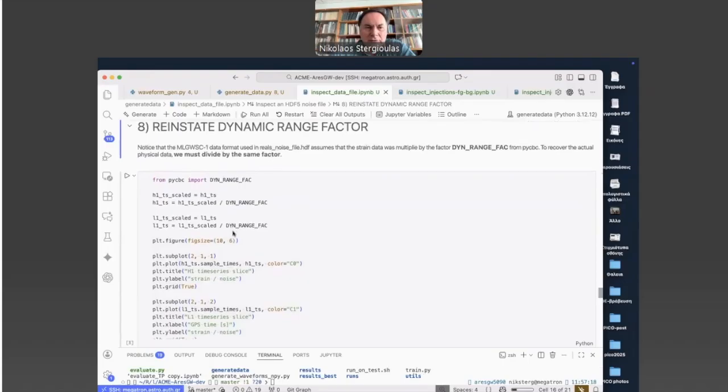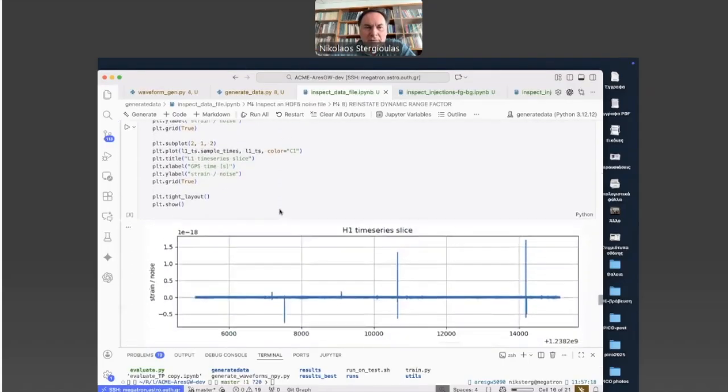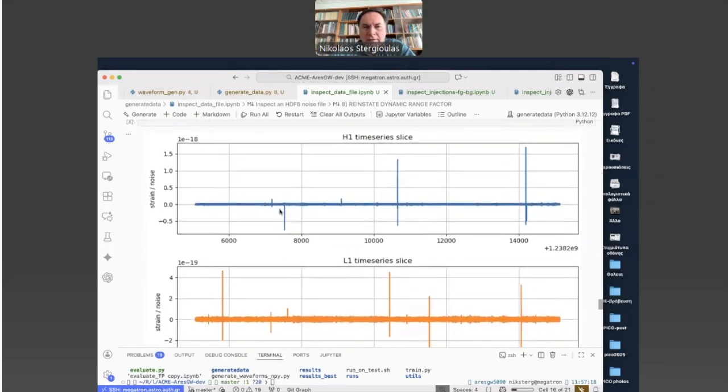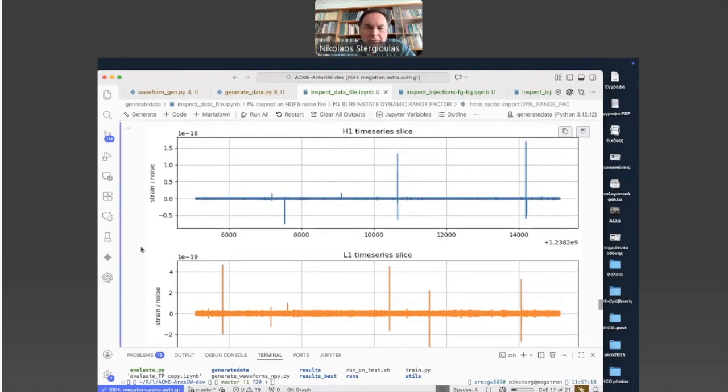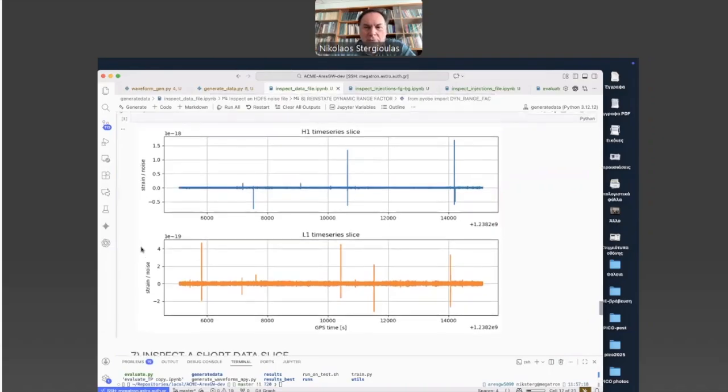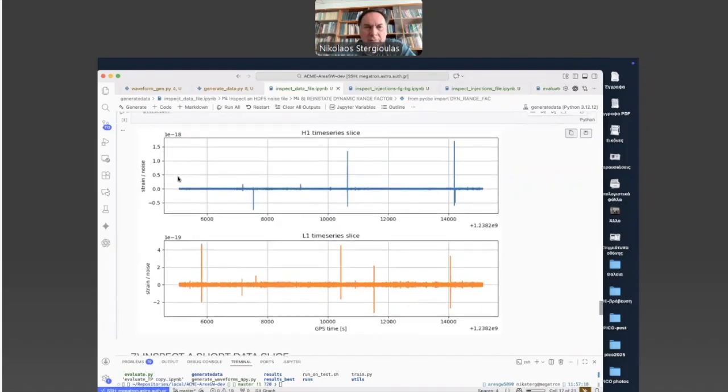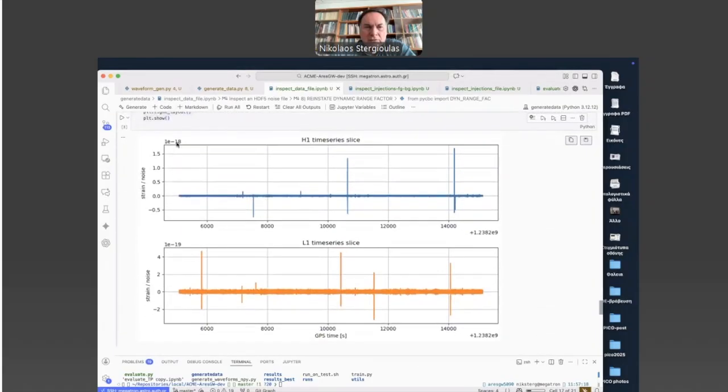So you need to divide by this factor. And once you do this, you get the real data. So please don't forget that you need to divide by the dynamic range factor in order to have data of the right size, the strain. Including the glitches, you see one reaches 10 to the minus 18 in Hanford and 10 to the minus 19 in Livingston.